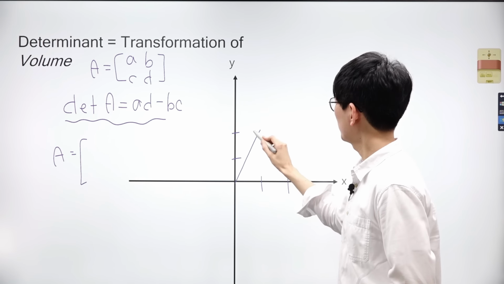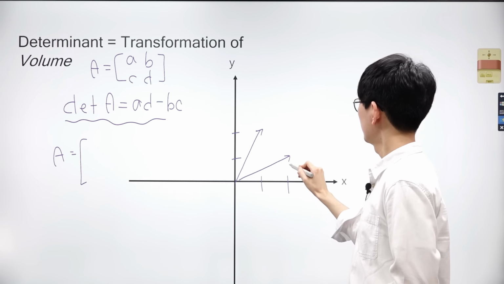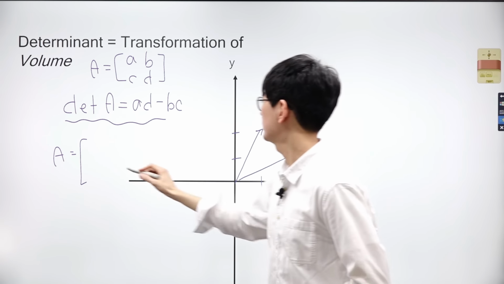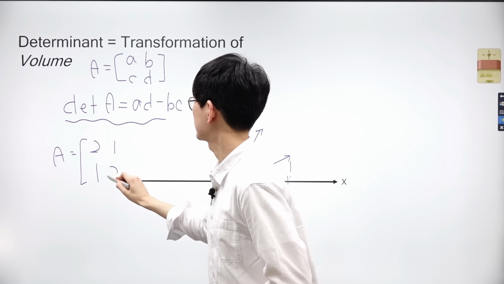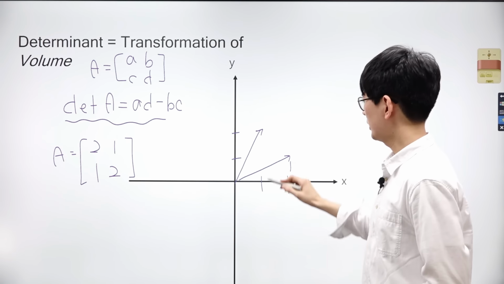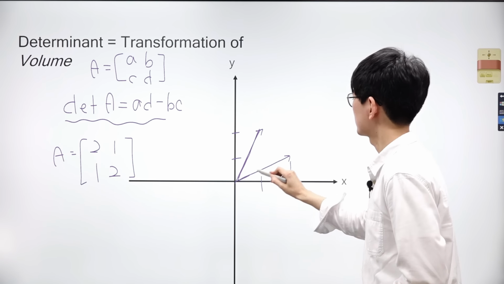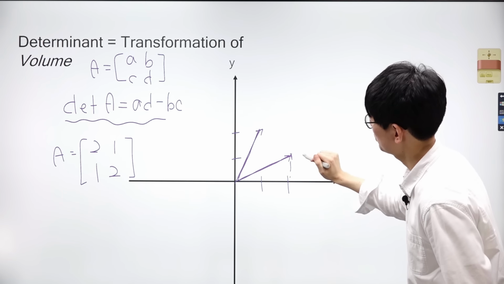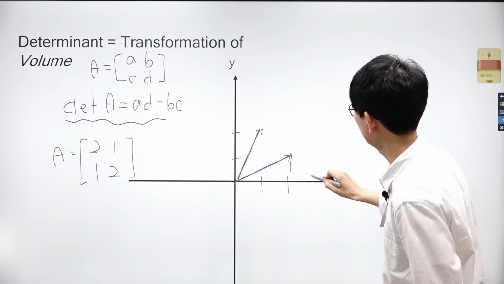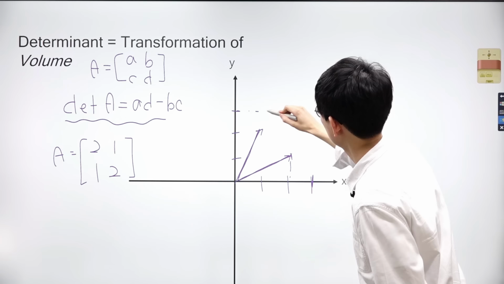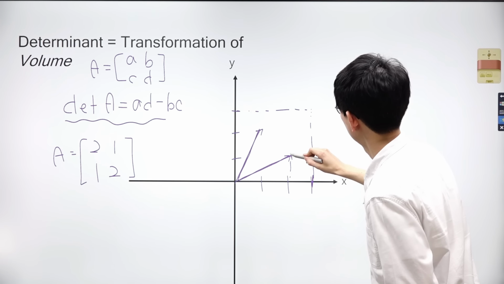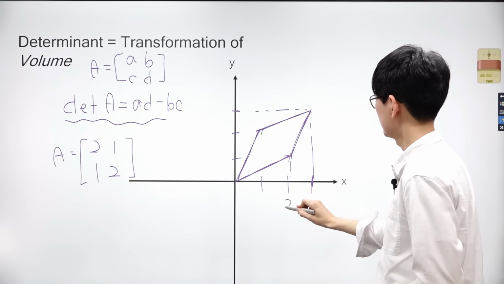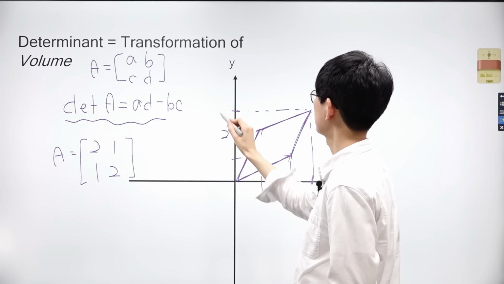Let's plot the two vectors represented by matrix A on a two-dimensional plane. Suppose A and C are 2, 1, and B and D are 1, 2. These two vectors on the plane represent each column. We'll use the vectors 2, 1 and 1, 2 as the new axes of the plane. Under this new coordinate system defined by the two vectors, we can plot a point at coordinates 1, 1, which was originally located at 3, 3 in the original coordinate space.